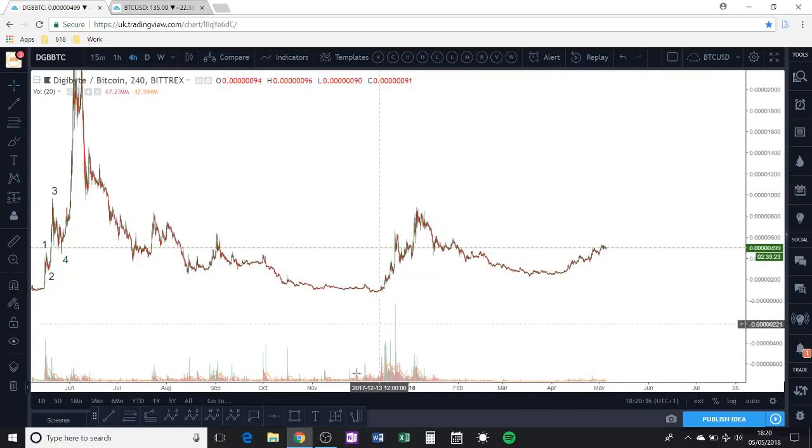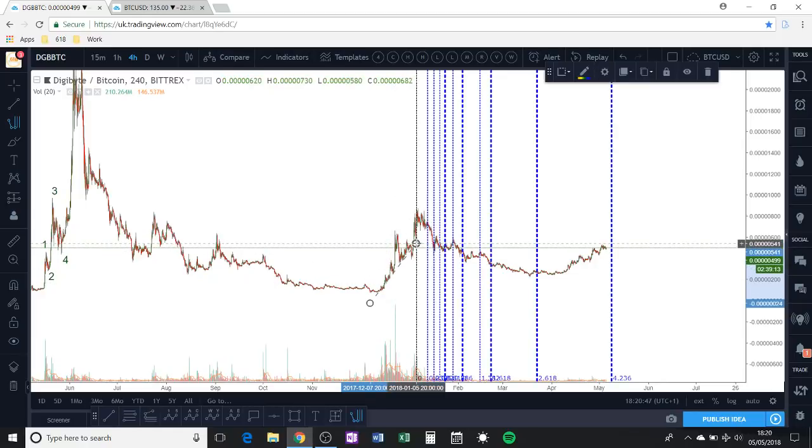From a fib time point of view, if we start the move from here, because this looks like the low, and extend that up to here, you can see around the 2.618 is where price turned around. So this is where our bottom was. In fact, it should be around this point. It looks like this was the bottom here.